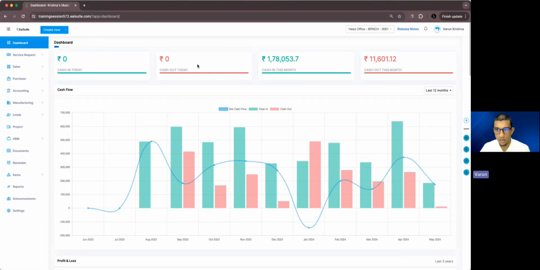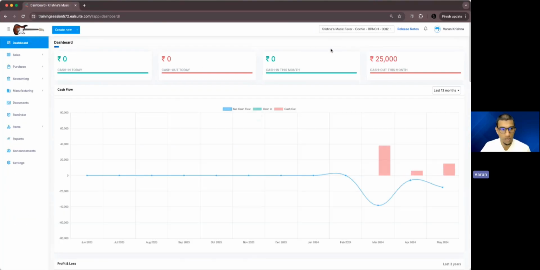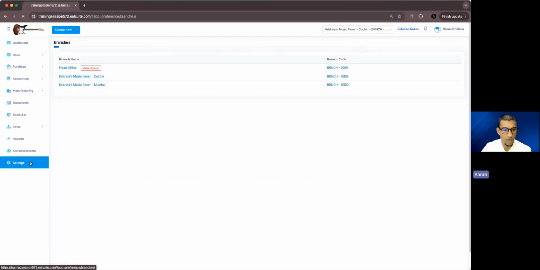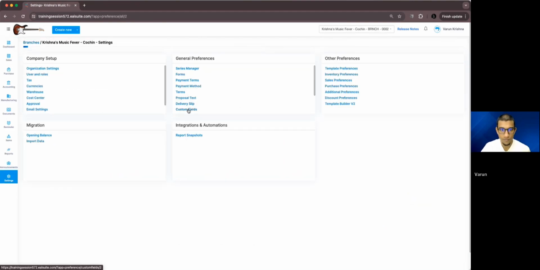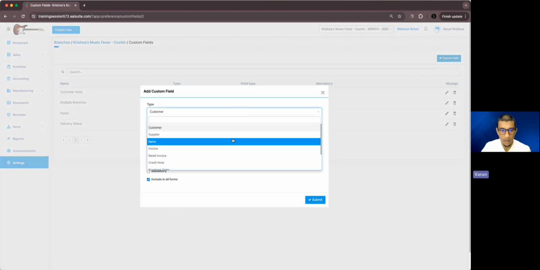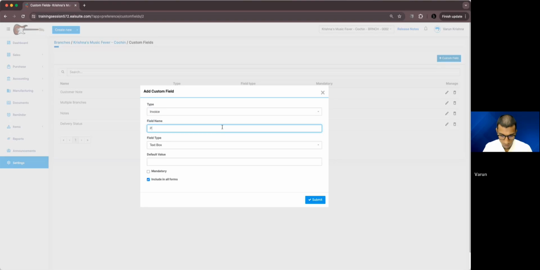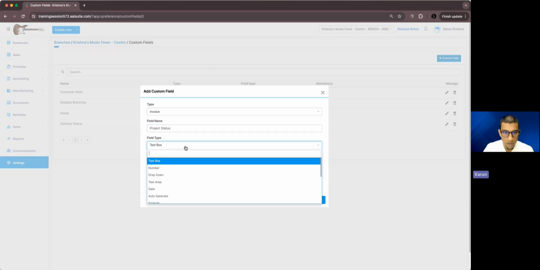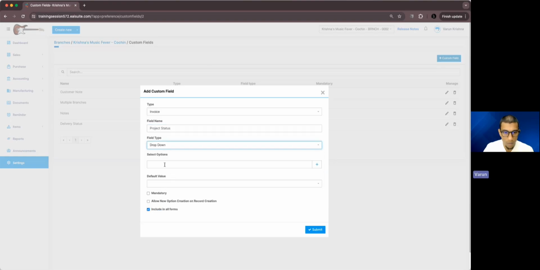So this is the first branch. And in order to show you this, we'll be switching into the second branch, right? Yes. So let's get started. We'll create a new custom field in this branch. And we have notes and delivery status already against invoices. So we can create a new field under invoice itself called project status. Yes. So we'll keep it in a drop-down manner